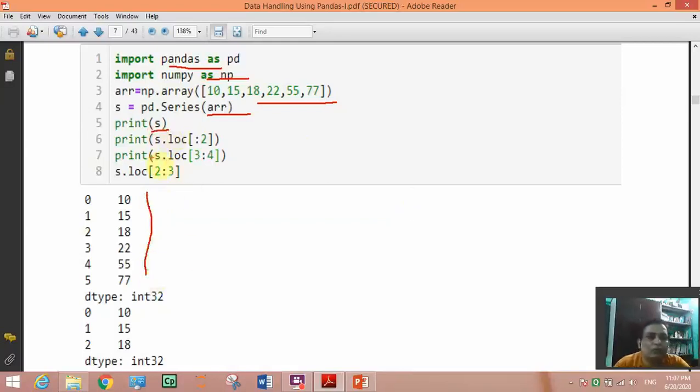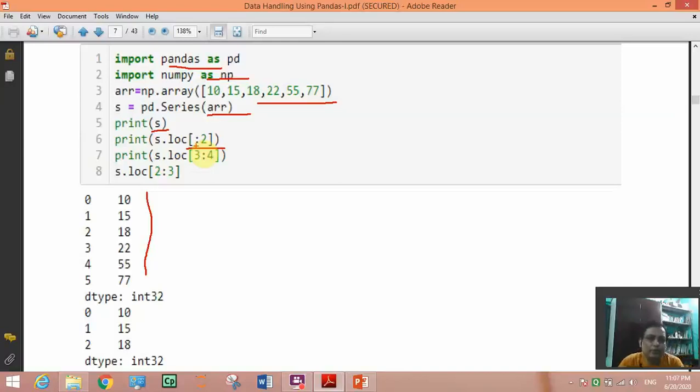Now selecting particular elements. So s.loc, here you can see colon, after the colon I have given 2 and before the colon there is nothing given.